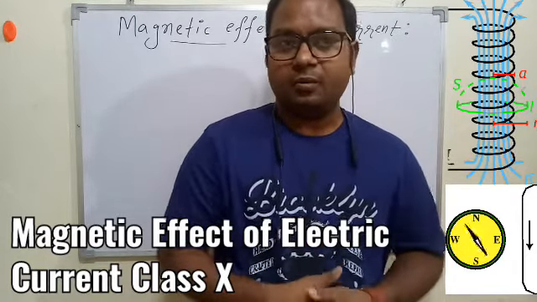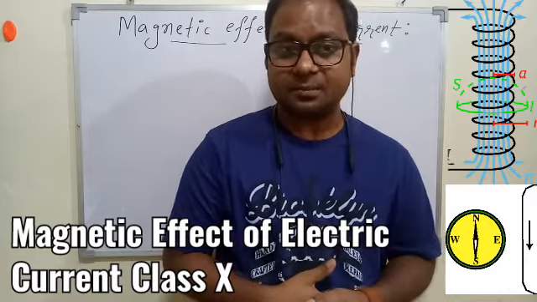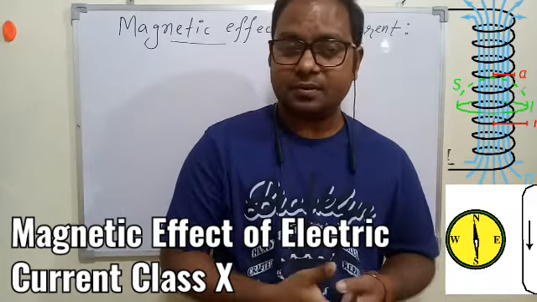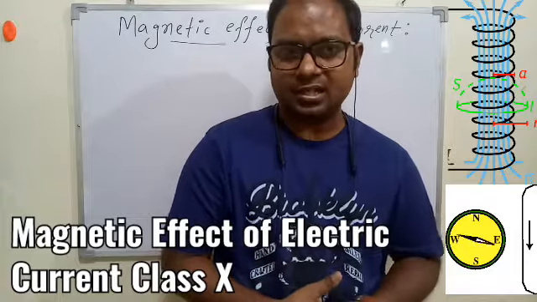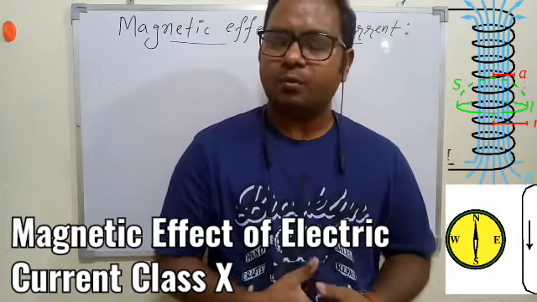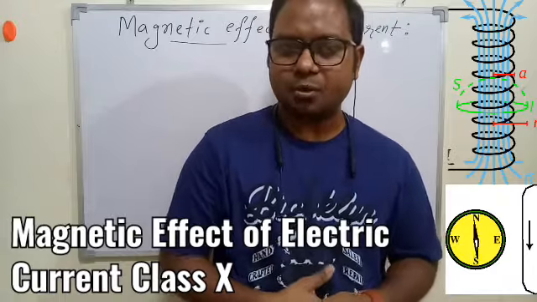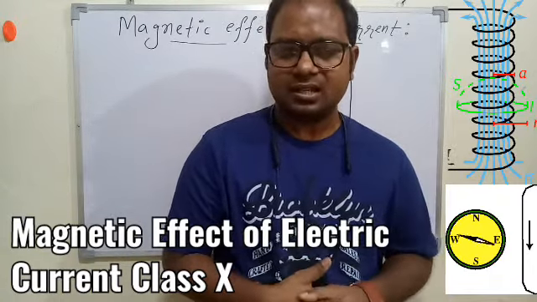We are basically doing the chapter Magnetic Effect of Electric Current, which we started before the summer break. We have already done lots of things in this chapter. We understood the meaning of the magnet, magnetic field lines, and the properties of the magnetic field lines. We also understood that if a charge is placed within a magnetic field, then it will experience a force given by the formula BQV sin theta, which was discussed in the last class.